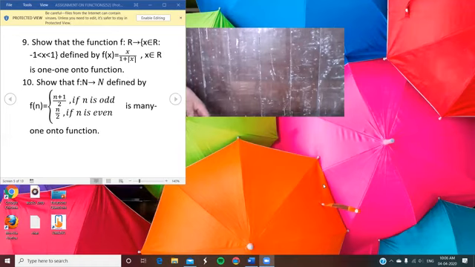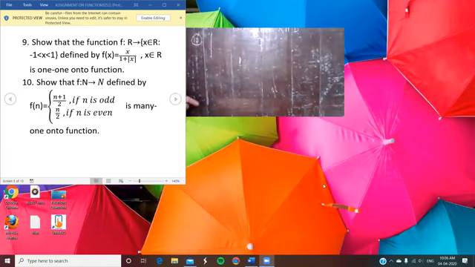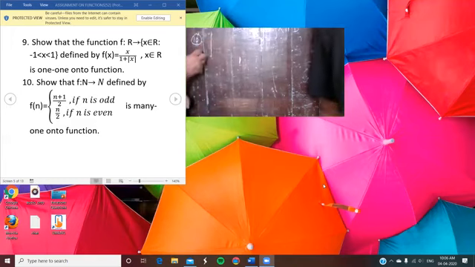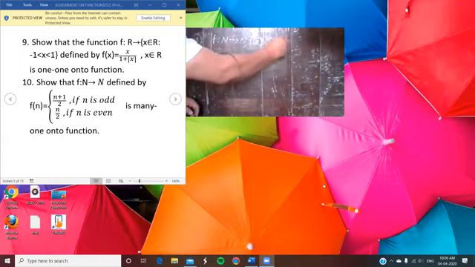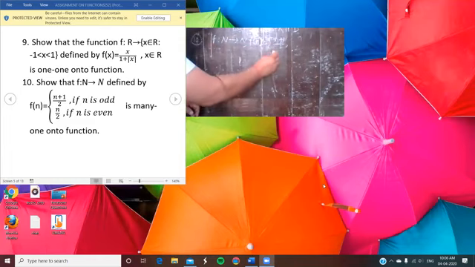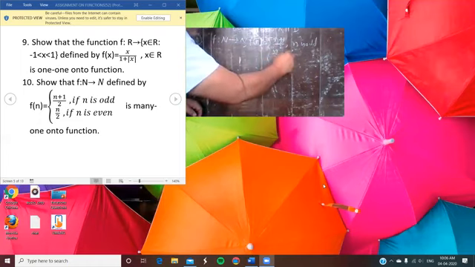Many one onto function. So when you say that the function is many one, the function is said to be many one if it is not one-one, and onto; here you have to prove it onto also. So just write: f is such that f from N to N, natural number to natural number, and f(n) is given as (n plus 1) by 2 if n is odd, and n by 2 if n is even.